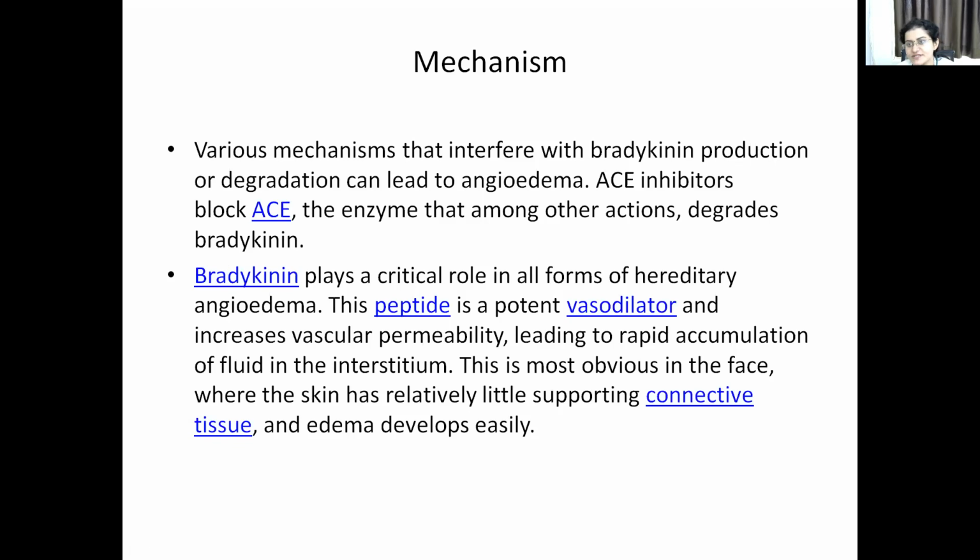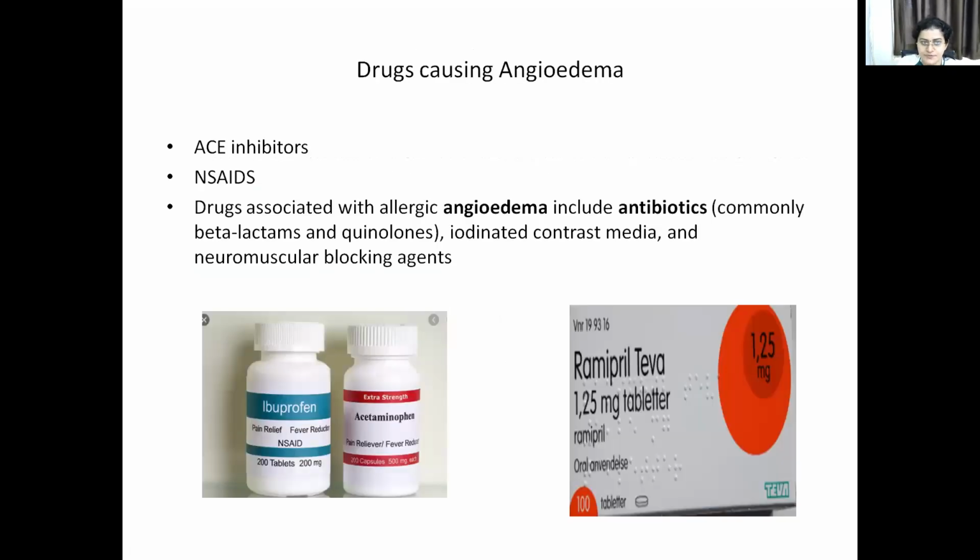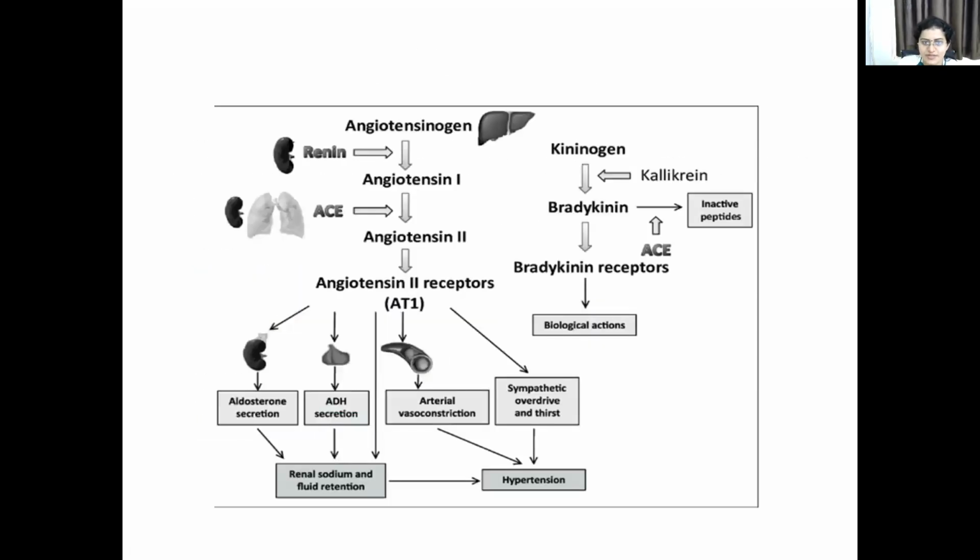Swelling. So what other drugs you can give for treating a hypertensive patient is ARBs, that is angiotensin receptor blockers. Angiotensin receptor blockers directly inhibit these AT1 receptors. There is no action on this flow chart, these steps. They will directly block this AT1 receptor and this all will be inhibited. And there is no action on bradykinin. So brassy cough and swelling will not be seen with ARBs.